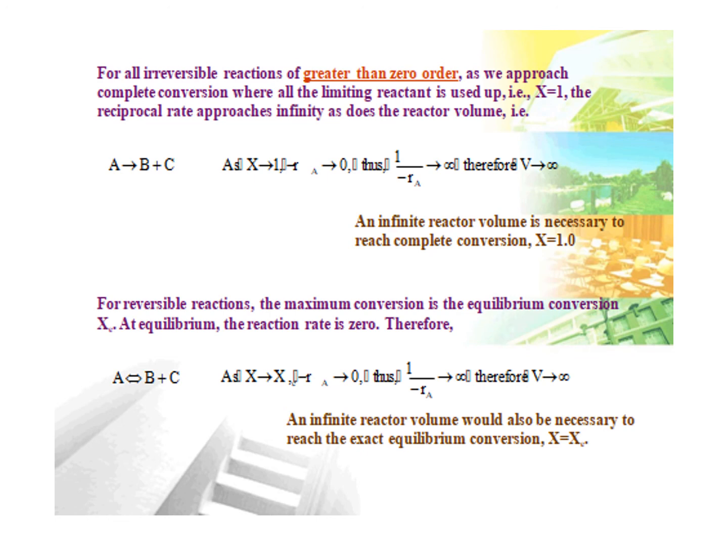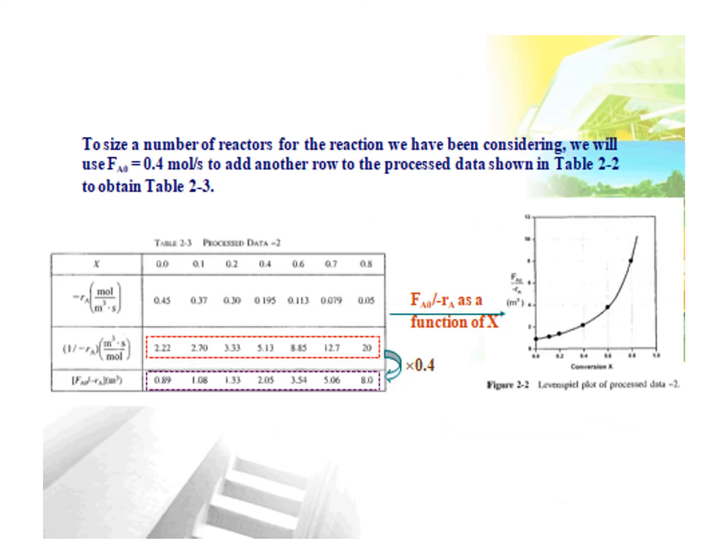Next, this is also the calculation data of that particular basic chemical reaction, A equals B plus C. In this irreversible or reversible reaction, when we apply the limits from initial to final of that reaction calculation, we'll find the value of the conversion and rate of that particular reaction. This is the final calculation, or plot, proceeded with the help of the given data, that is conversion X.